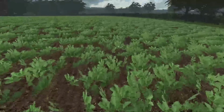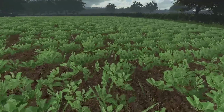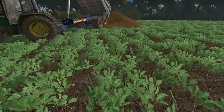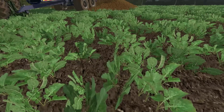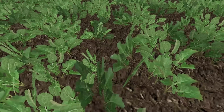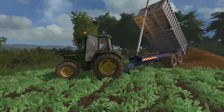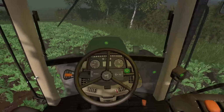Fair load of muck in there actually. Look at this cover crop though, this looks fantastic. It's really come along well. This is probably its maturity. It's not going to grow any higher or broader than this. But the good thing about this is, as we look down here, just look at the width of the leaves. Very broad, allows for a lot of capturing of sunlight, which through photosynthesis then converts this into nitrogen. So we have nitrogen nodes at the root of this plant here, which is all good for future soil growth. So that's fantastic. What we're going to do though,